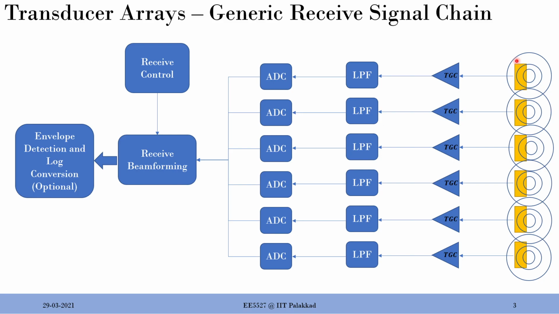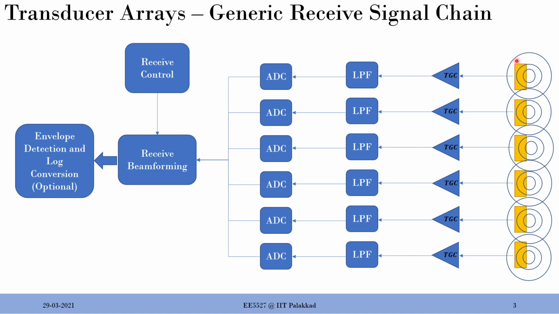Then EEG is basically a receive system. ECG is another example. It is a receive signal only, but it does have multiple electrodes. You have multiple electrodes in EEG and in ECG, and people have attempted imaging using them. That's an interesting part. So you can treat the receive part as a standalone aspect, but in many cases when we do beamforming, we do consider the transmit aspect as well, if there is a transmit to go with it. Most of these algorithms you can treat as independent. They don't really require a transmit part to work. That's the idea I want to convey.